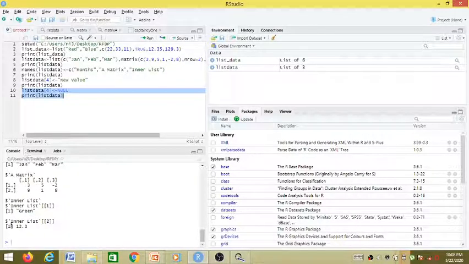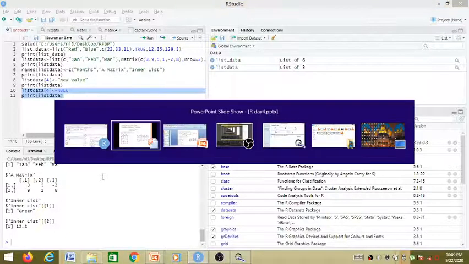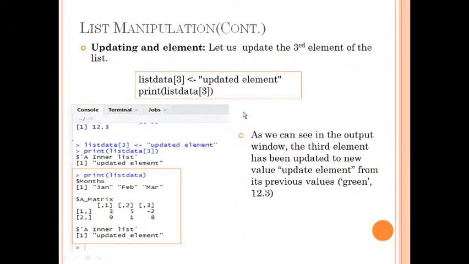As you can see, we again have the previous three elements, and that extra fourth element which we had added is removed now. Both these addition and deletion actually work on the physical memory location and will modify the actual list. So this is how we can add or delete an element from the end of the list.